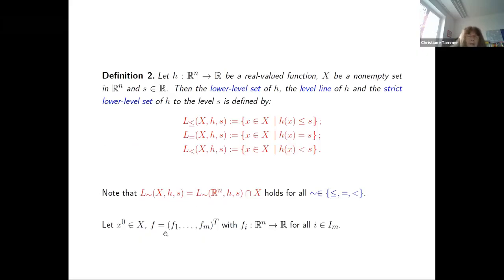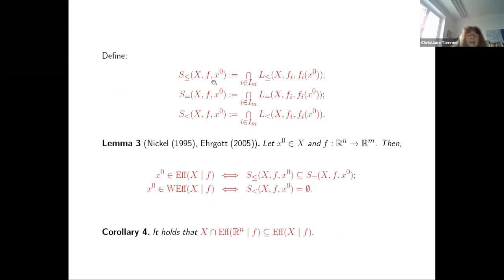So, the objective function is given here by this vector. And for an element x0 belonging to X, we introduce these sets here. The first one is the intersection of the lower level sets of the function fi with a level fi at x0. The same for the level line and the strict lower level z. So, and then we have